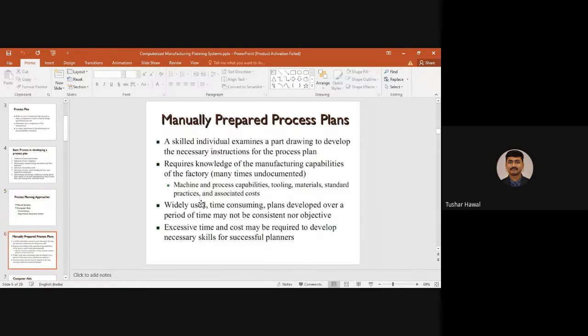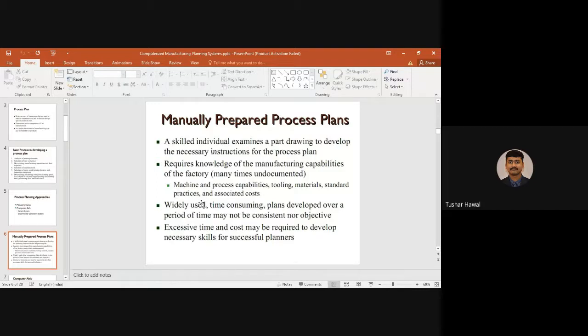First we will go to the manually prepared plan, because the technology has recently developed in the last decade to such an extent that it can go to the extent of AI, think beyond the things and then plan and give a certain output. But earlier it was not so. The entire process was dependent on the ability and the skill of the human employee.